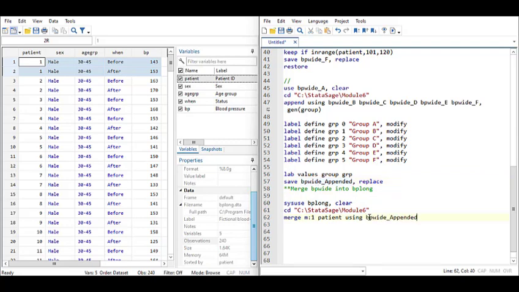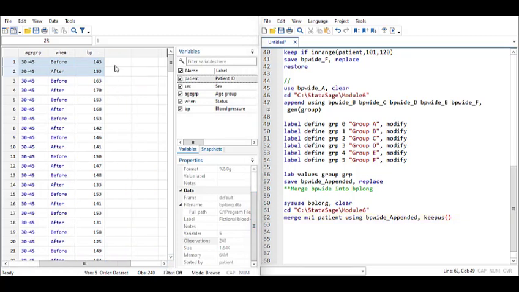Now there are options there that help us. One of them is keep using. It only keeps the variable we need. The only variable we need is group. The other data has age group, has sex, so there's no need to bring that into our data set. When we do a masterclass on merge and on append, we'll tell you some deeper secrets and other things you can tweak. But for now, let's keep it simple. So we only need group. Remember, we want to pull group from here and pull it into long. Right in front of me, there's no group here, so we don't know which groups these ones belong to. So I will type group